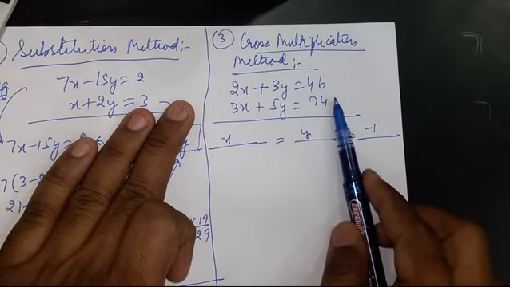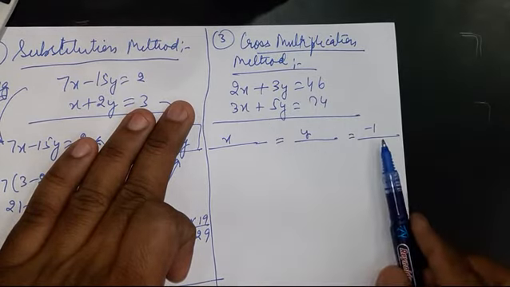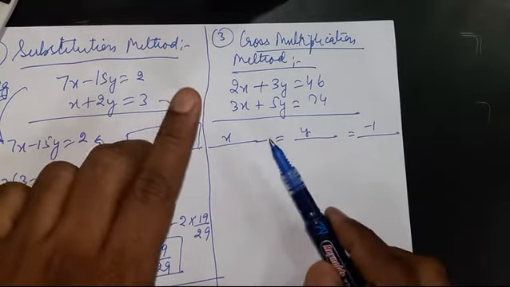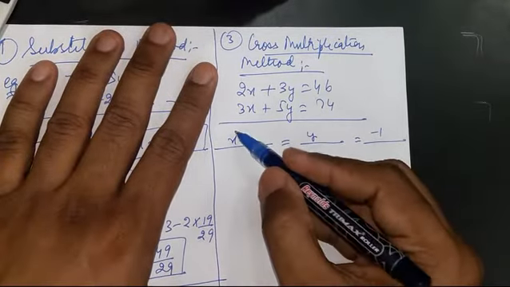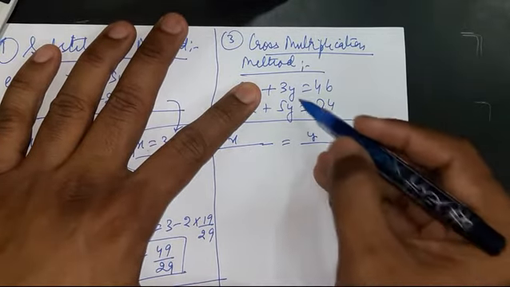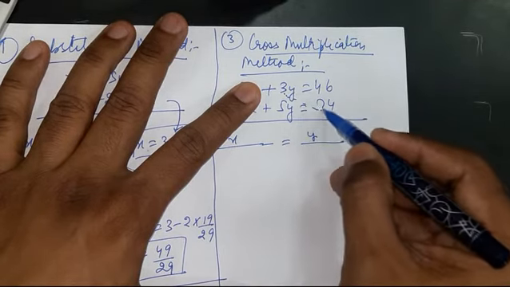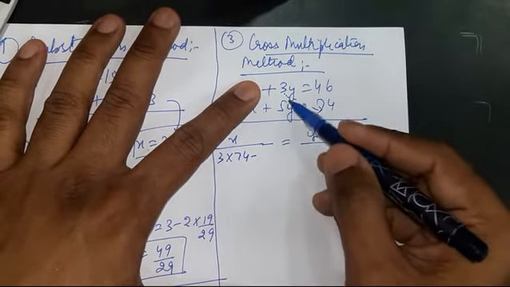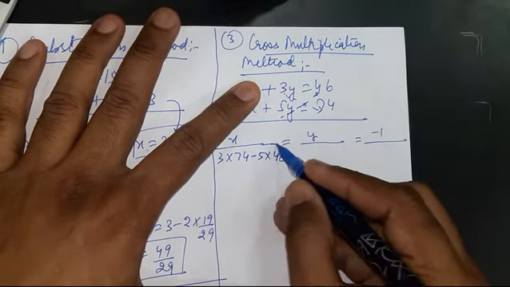Else if you are putting zeros on the other side and taking each and everything on the LHS, then put 1 over here. Mind this thing. Now how can you use this trick? If you are taking the very first variable, that is x, just hide the coefficient of this variable. Now take the coefficient of y and multiply this y with 74 on the other side, 3 into 74 minus, now y into 46, 5 into 46, like this.